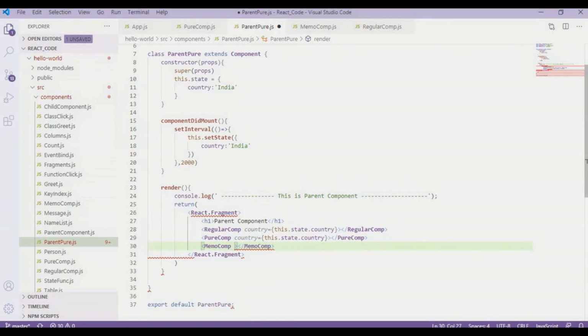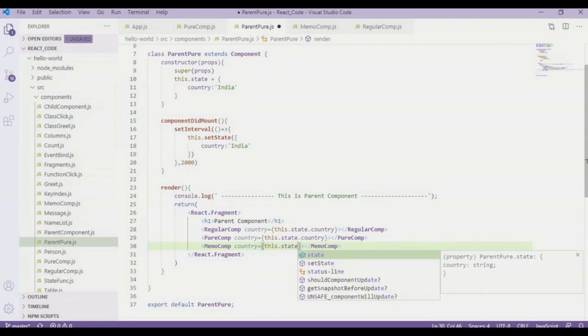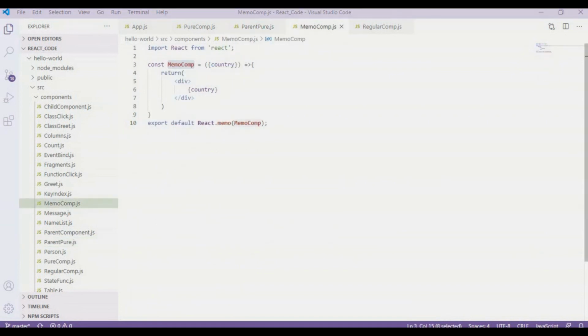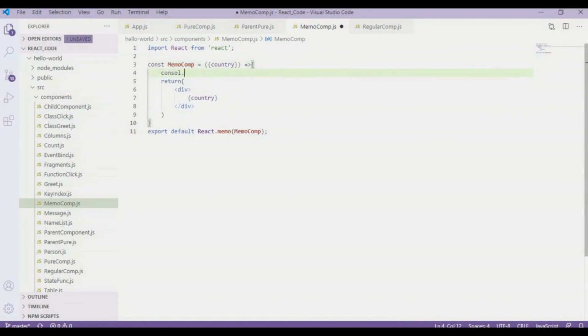And again I'm going to have this prop country, and inside the memo component I'm going to have a similar console.log to understand when it is being rendered: rendering memo component, like this.